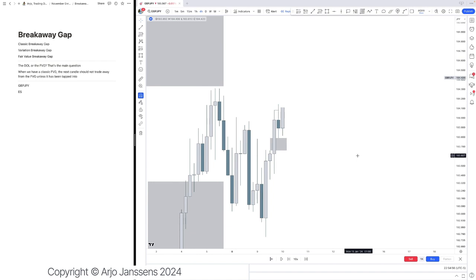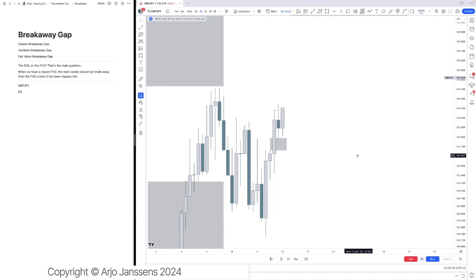And at that moment in time, I thought to myself, well, if we wanted to trade back into the fair value gap before we actually want to continue higher, then we should have traded back into the fair value gap in the first instance before we actually wanted to move higher. Because if we have a classic fair value gap like there, then the next candle should not trade away from the fair value gap unless the fair value gap has already been tapped into,